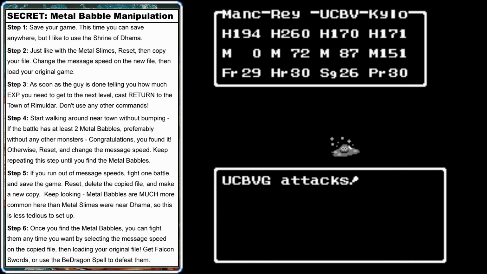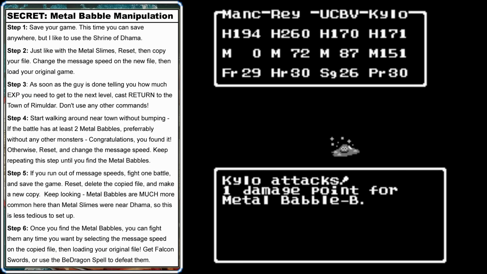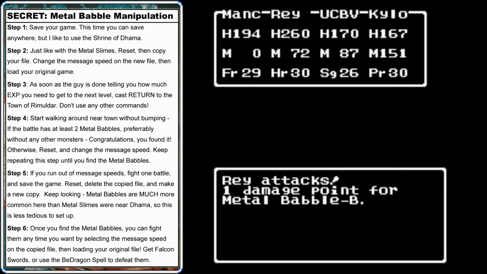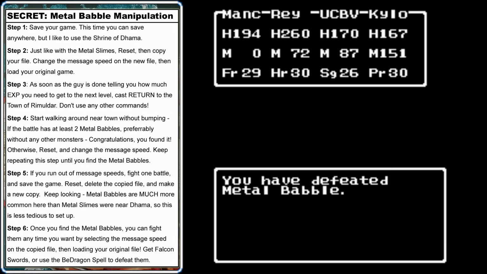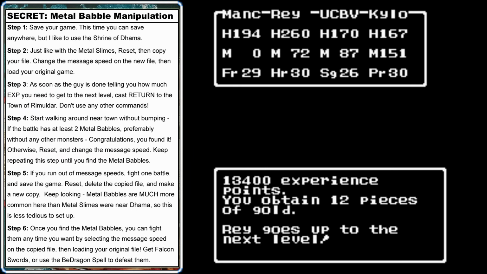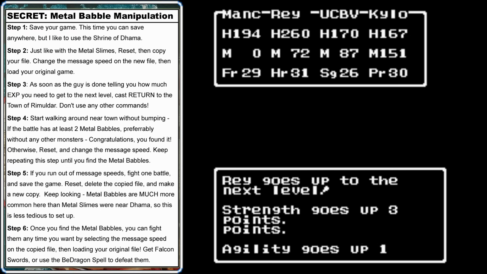Something else that you might want to try, you can have your Pilgrim cast Speed Up. Sometimes that will help you get in attacks in the second round before the Babble runs away. But it's mostly just luck, and if you can kill even 1 Metal Babble, you'll see that we just gained